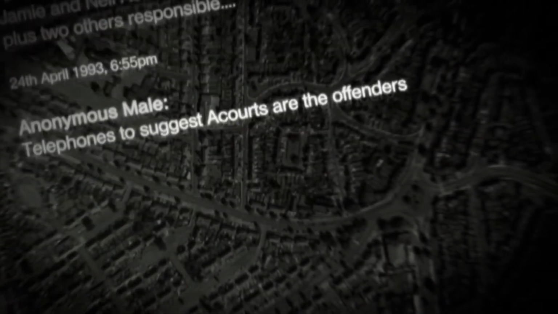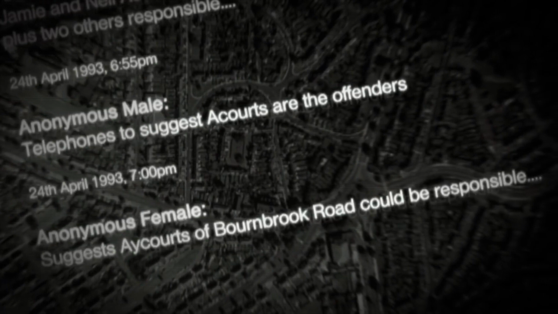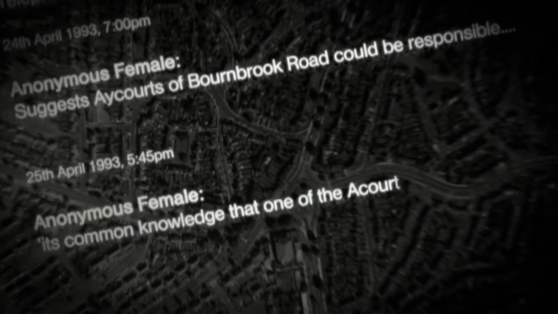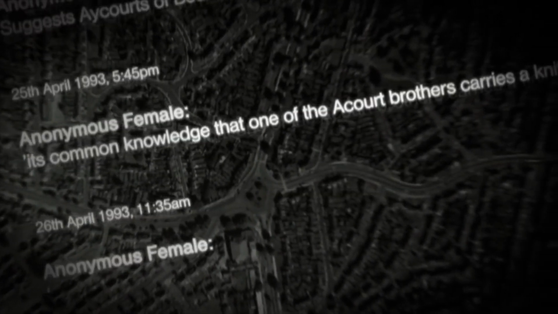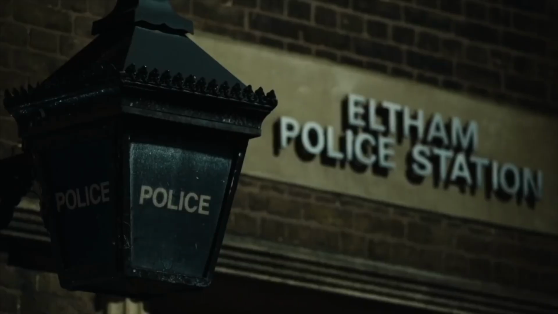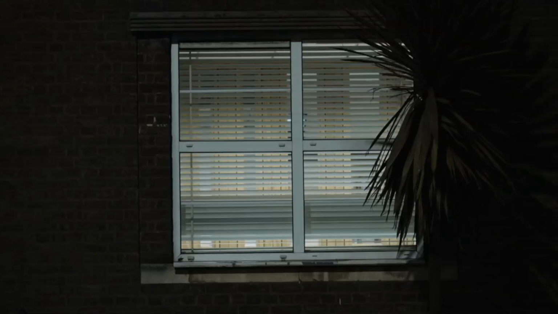On the Saturday morning when I got in, I was made aware that there were phone calls coming in, naming people, but not saying how they knew. Many of the calls were of a similar nature, as if a rumour is going round and people are phoning in the rumour they've heard. Obviously, information isn't evidence. There is a distinct difference. The strategy was not to arrest. There were juveniles. You had to handle juveniles very carefully, obviously. To get them in, to simply release them, wasn't really making a lot of sense.